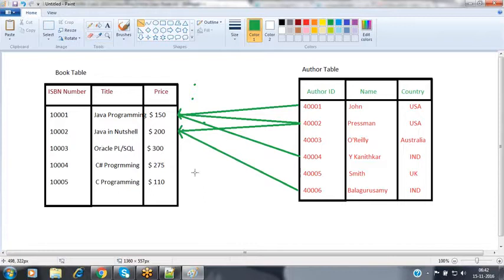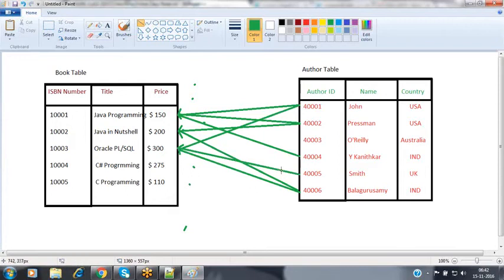While preparing this Oracle PL/SQL book, Balaguri has participated, and John also has participated, and Smith also participated.